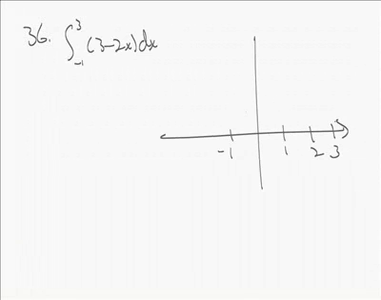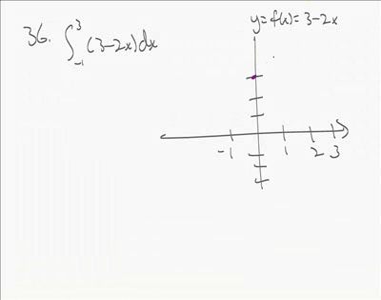3 minus 2x, if you look at the function y equals f of x is 3 minus 2x. You just have a line here with a slope of -2 and a y-intercept of 3. So we have a y-intercept here of 3, slope of -2, down 2 to the right 1, and so on. And then up here we have to go up 2 to the left 1. So here's our line